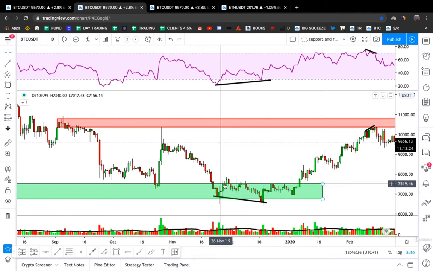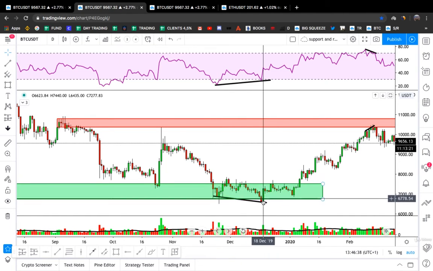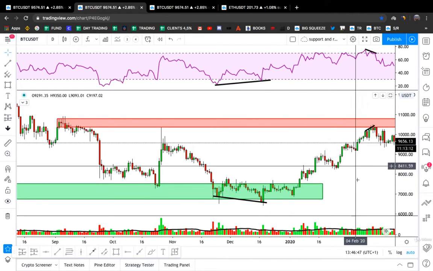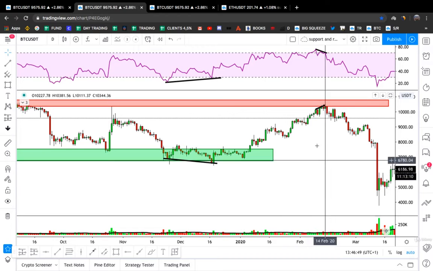So basically, when you see a divergence sitting on support, bullish divergence sitting on support, this is when we are in business. This is when you are in the game and you can take and trade this divergence. The same happens here,